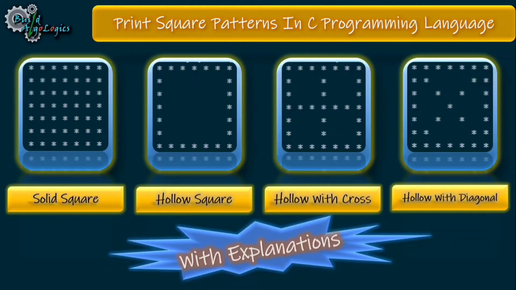In this series of videos I'm going to show you how we can approach writing code in the C programming language for printing different types of patterns. Just as a side note, we can write our code in any programming language to print the same pattern. There is just a difference in syntax only. So for demonstration purposes, we'll write our code in C.